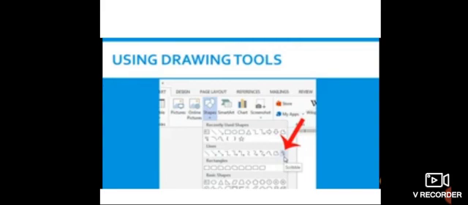To select the outline of the hut, hold down the Shift key and click on each line individually. Now click on the Shape Outline drop-down list in the Shape Styles group on the Format tab. Now select the Weight option and click on 3-point line. Okay class, so like this you will draw a hut.